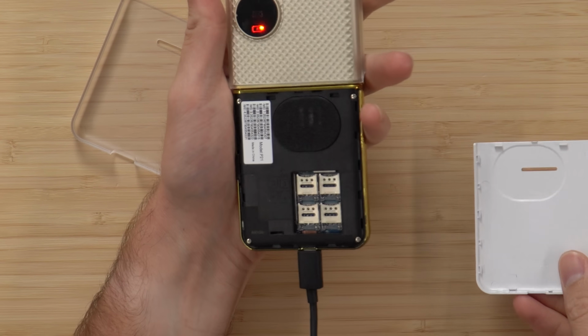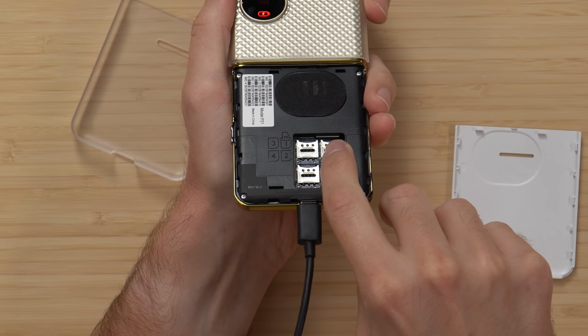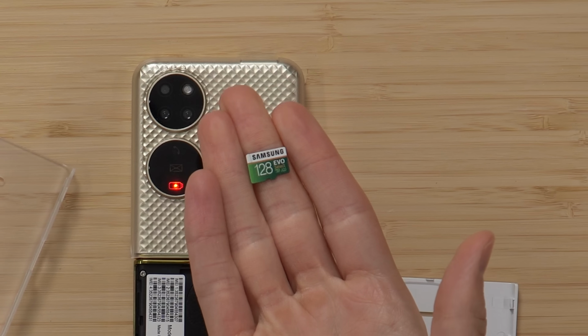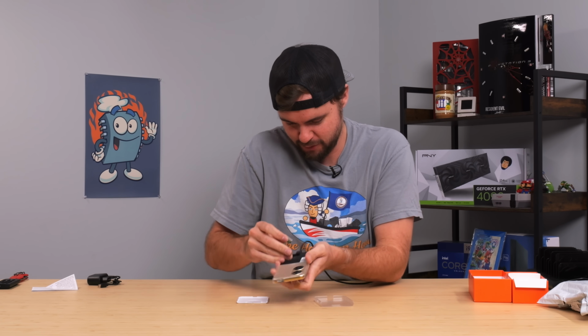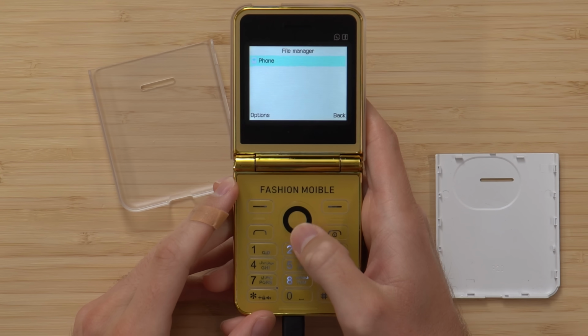All right, popping the back off, and we have 4 SIM card slots there. Looks like, okay, inside of there is the SD card slot. So I need an SD card. Let me plug one in. Actually, you know what'll be great for this is a 120 gigabyte SD card from Temu that we got like a week ago that sucks. We'll see if it works in this phone. All right, got the SD card in. I turned it off so I can turn it back on and hopefully it'll recognize it. Go into File Manager, it doesn't